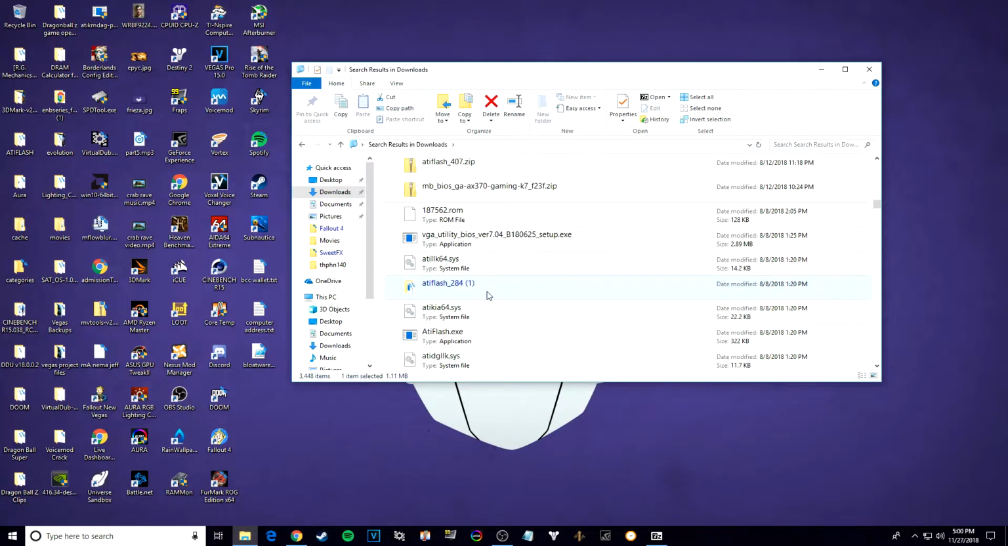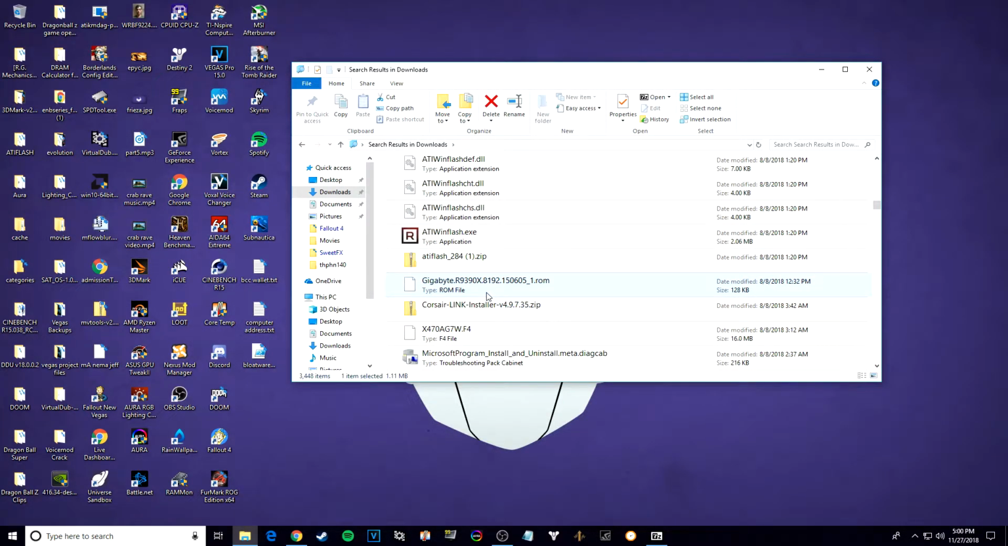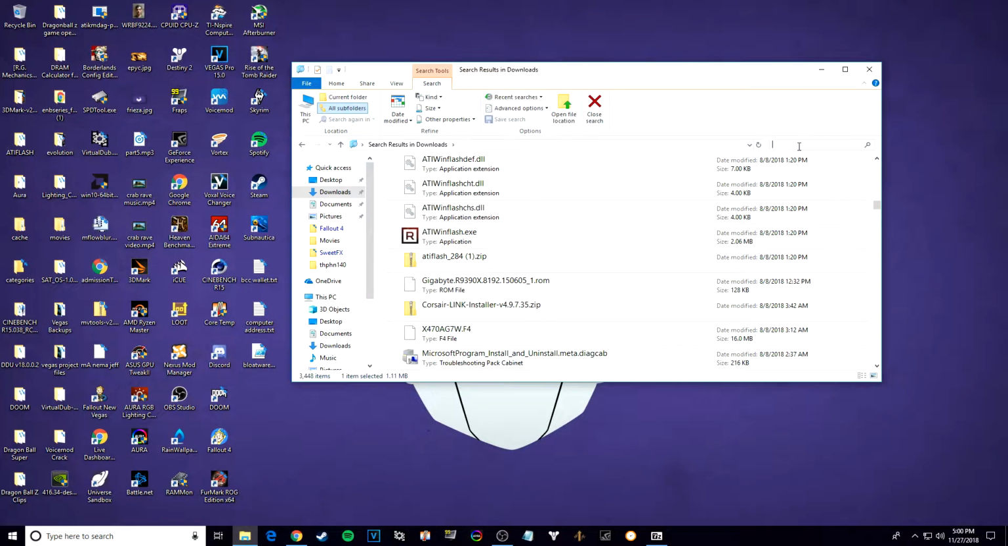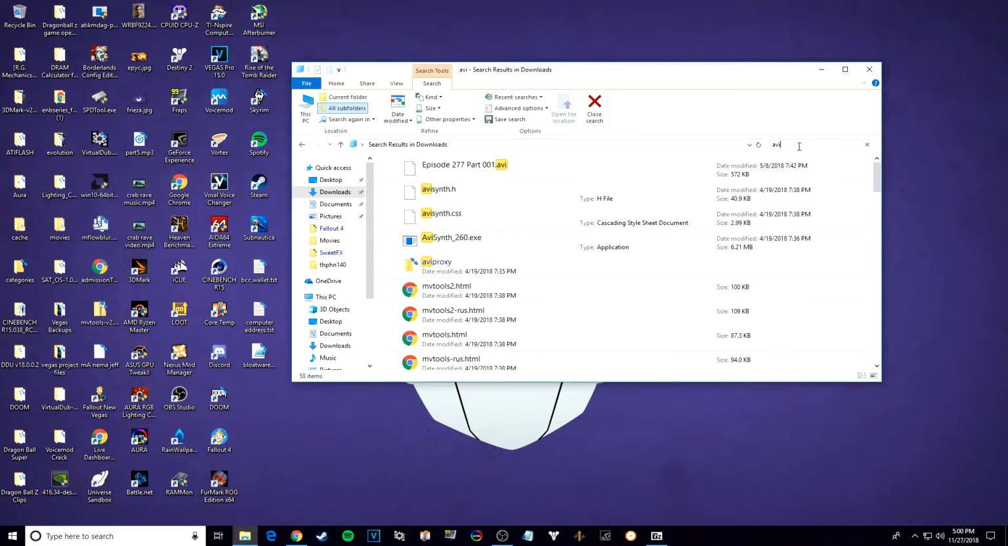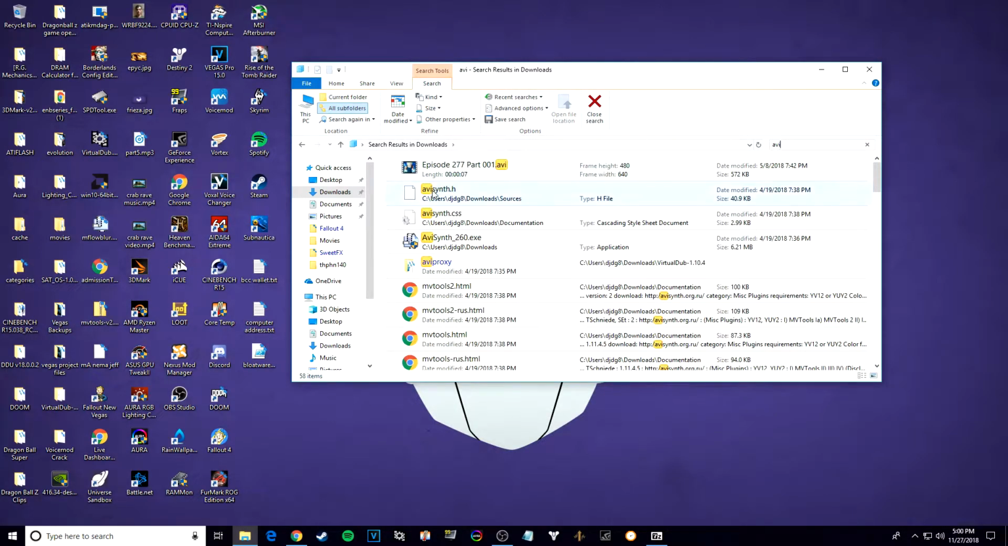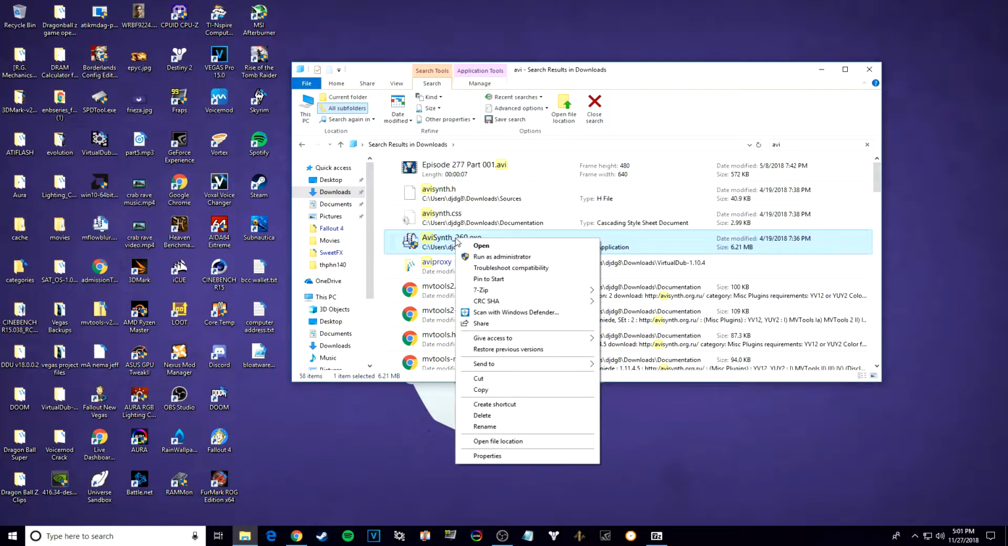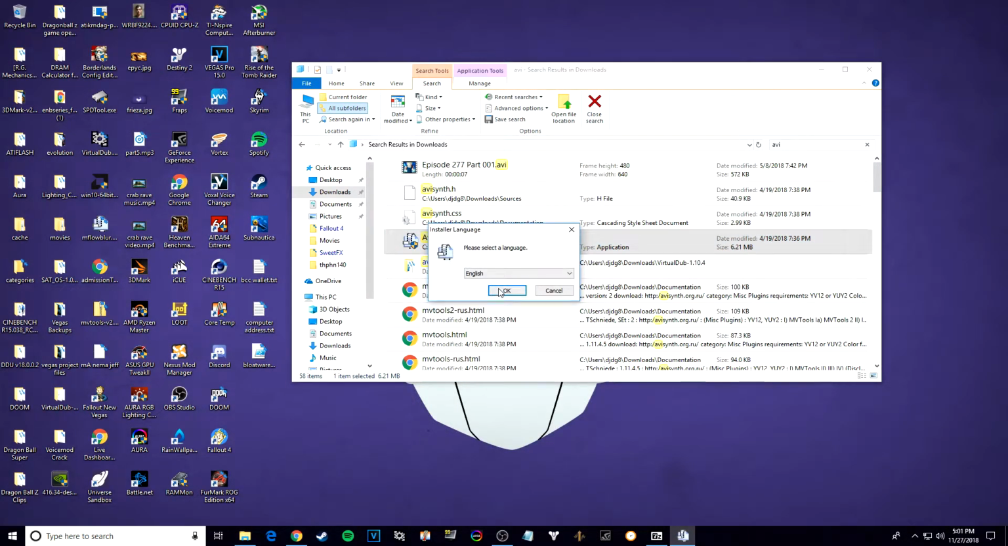So here, I don't know if I actually have AviSynth in this folder. Oh, I do, here. I'll leave this as well. So what you have to do is, well, this is the installer for AviSynth. You just have to install this, and once you have it installed, you need to go